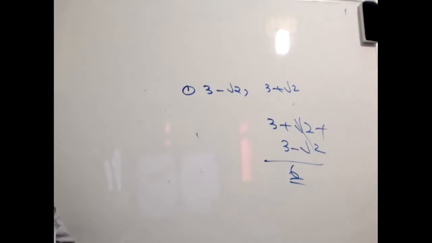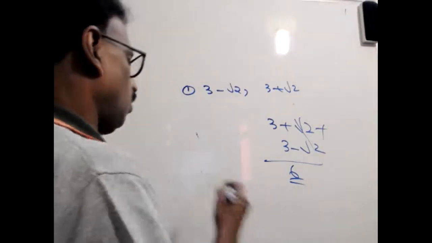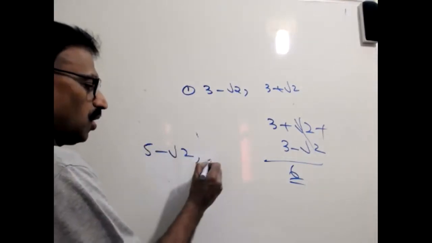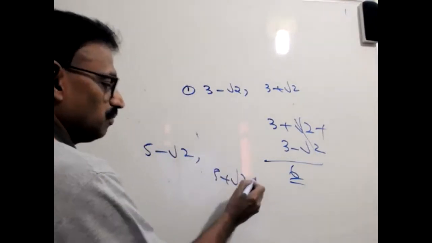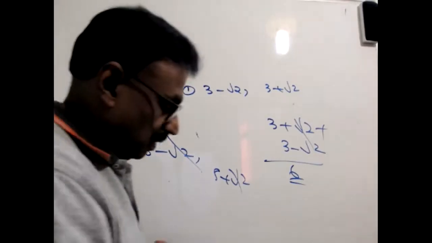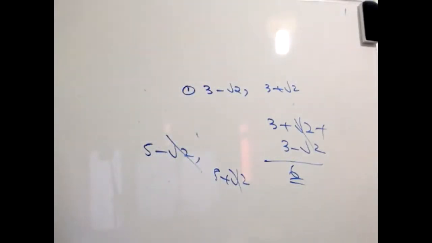Okay, you keep some examples with you. Or 5 minus root 2, comma, 5 plus root 2. When we add, the roots cancel and it is 10, like that. I hope it's clear now. Okay, so only give one example. How many examples are they asking you? One example, don't show more. Idea understood or not? Not to memorize it. What is the question?